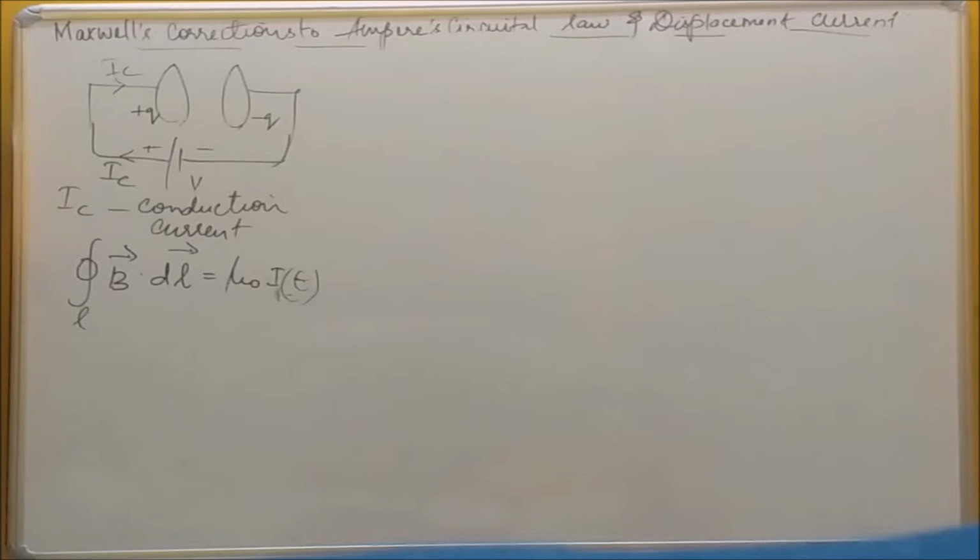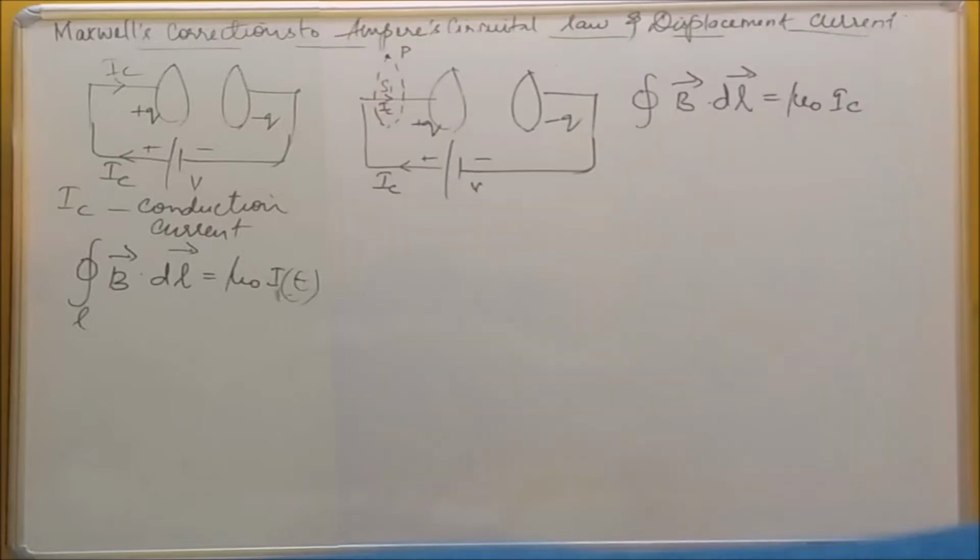So how will you calculate the magnetic field at a point? Here we have plus q and minus q. I am going to draw one Ampere loop. It is of circular shape, which encloses a surface that I consider S1. Here I am going to keep the point P. Now how will you calculate the magnetic field at point P near the wire?